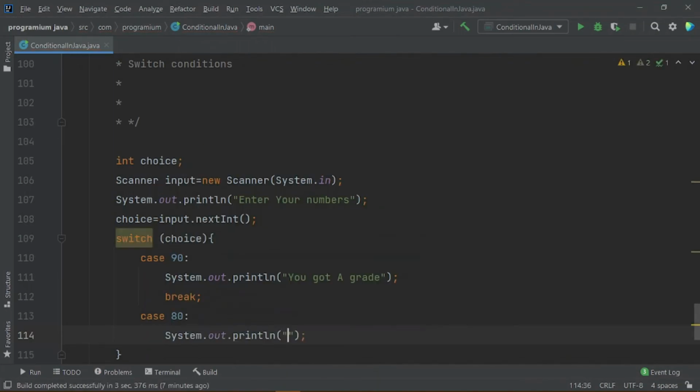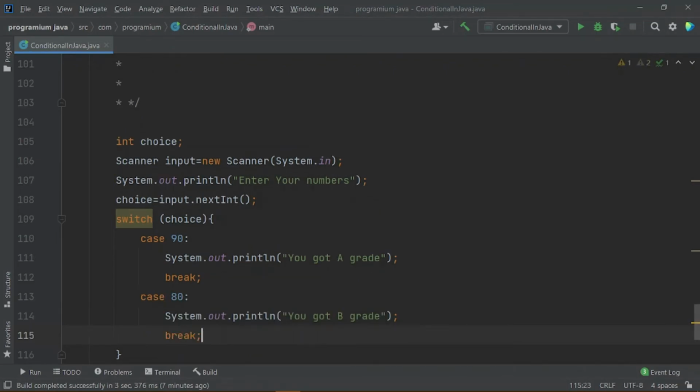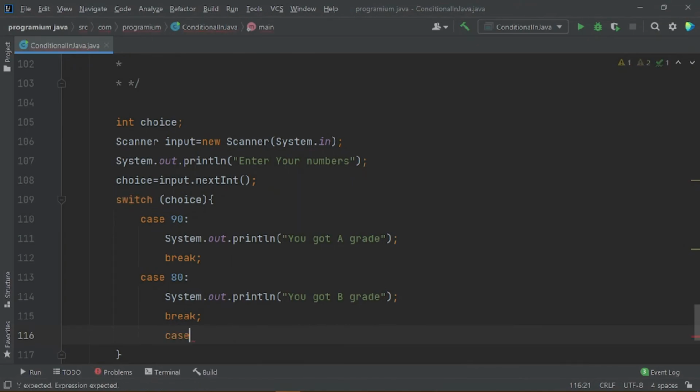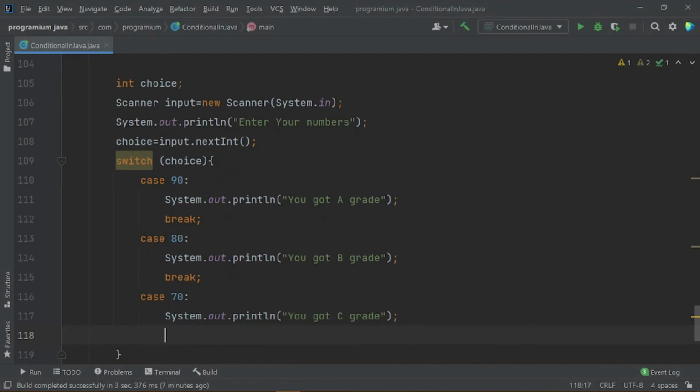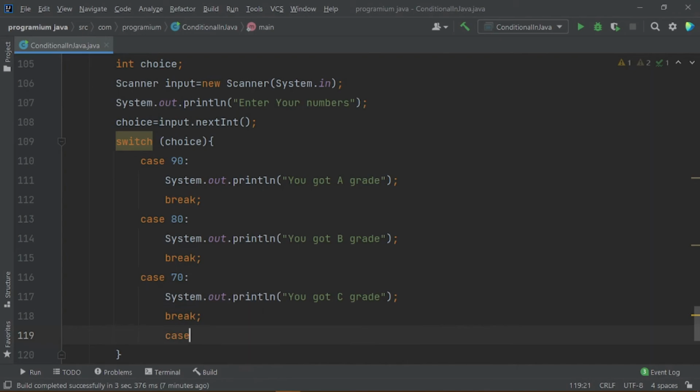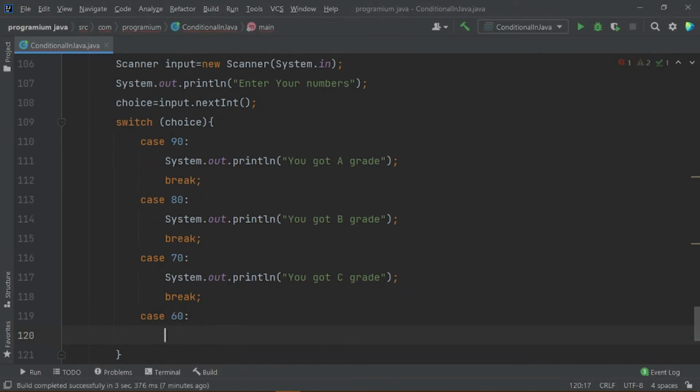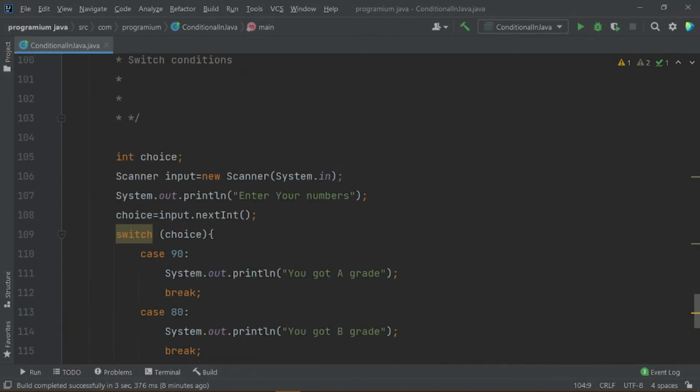Again I am printing you got B grade. Again I will use break here, and again case 70, and print you got C grade, and again break. Again case would be 60 here, print you got, what have we written here, failure.